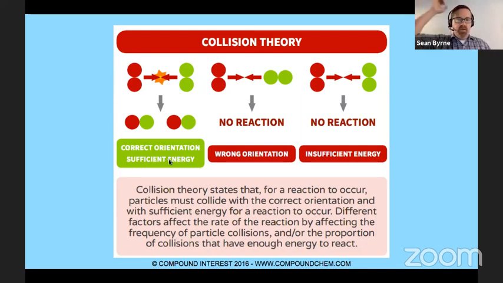So as we look through some other parts of this, we're going to want to assess, does this allow for correct orientation? Does it improve correct orientation? Does it improve sufficient energy? Does it do both? So if this is a correct orientation and sufficient energy for these two to hit each other in order for this reaction to occur, here is an example of the wrong orientation. If the red molecule is oriented the same way, but the green molecule is oriented in the wrong way, even if they hit each other with the correct amount of energy, it doesn't matter how often or how hard they hit each other, they have the wrong orientation, and so we would not have a reaction.